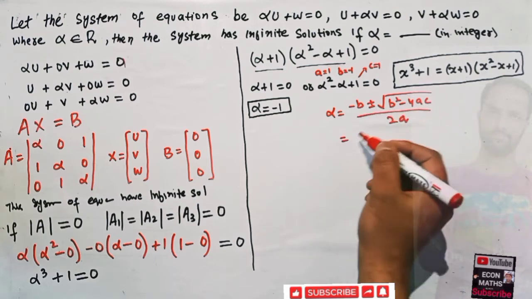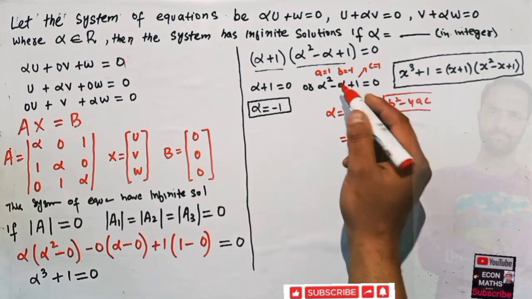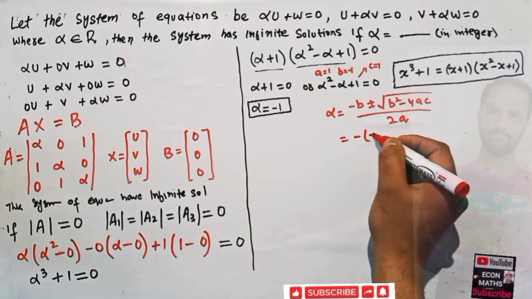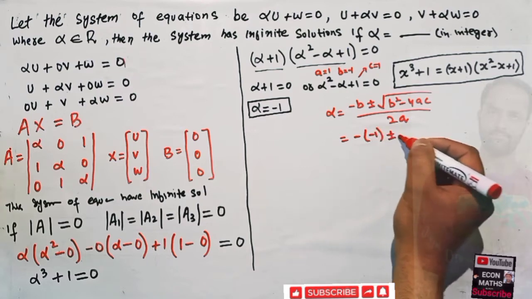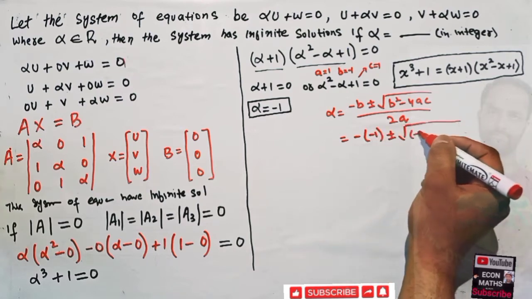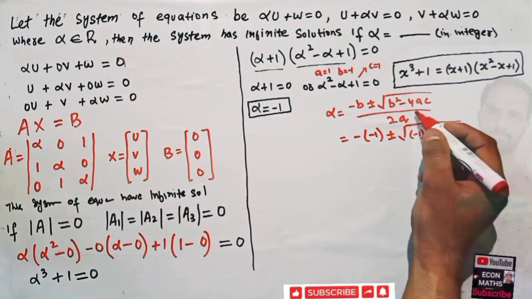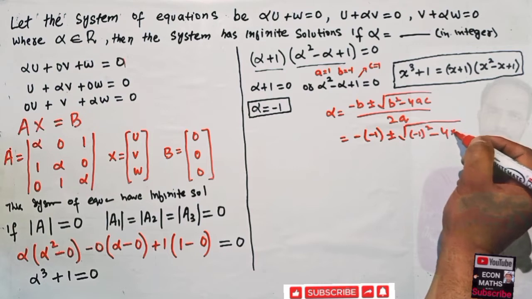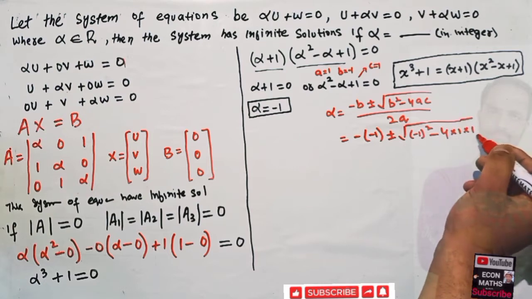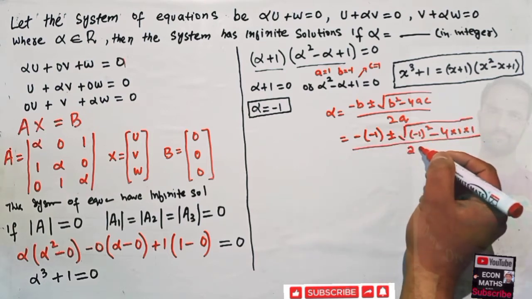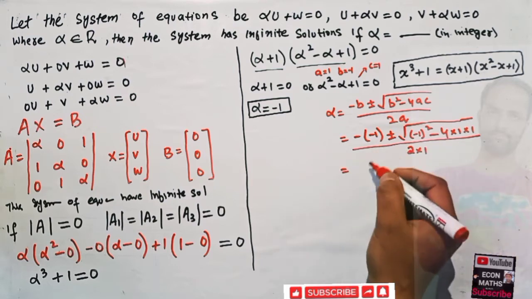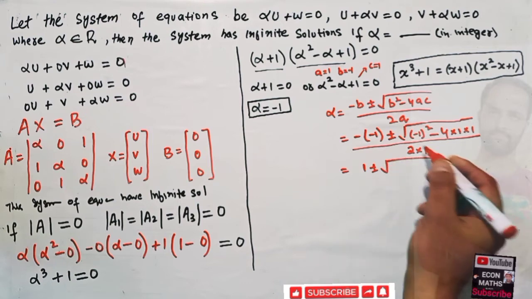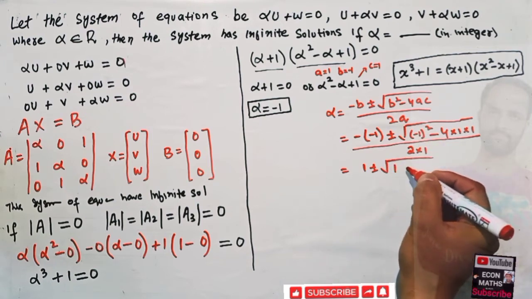B is equal to minus 1, so we have minus of minus 1 plus minus under root minus 1 square minus 4, where a is 1 and c is also 1, then twice a, that means 2 into 1. So minus minus is plus, we get 1 plus minus under root of 1